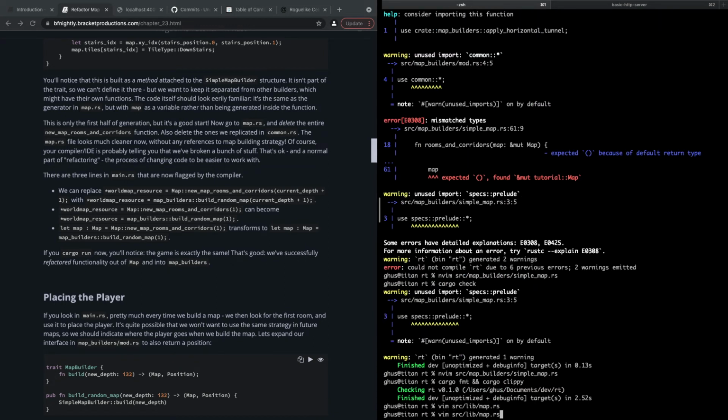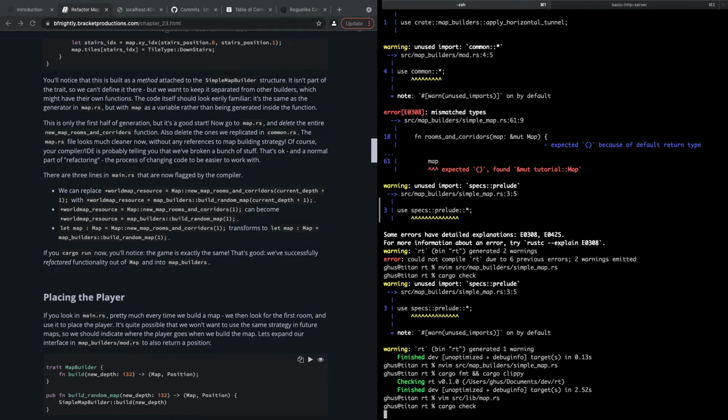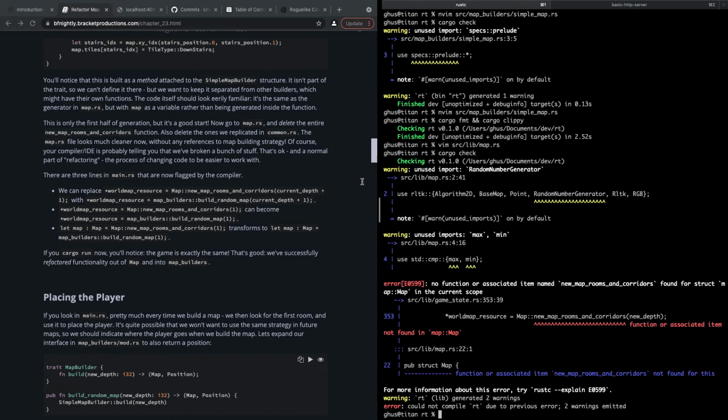But if I run a cargo check, now it should blow up the way they're saying, right? Oh, map no longer uses minimum number generator, it doesn't use max min, and we can't do this anymore. Okay, so